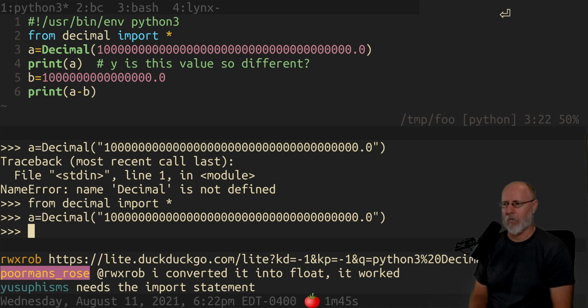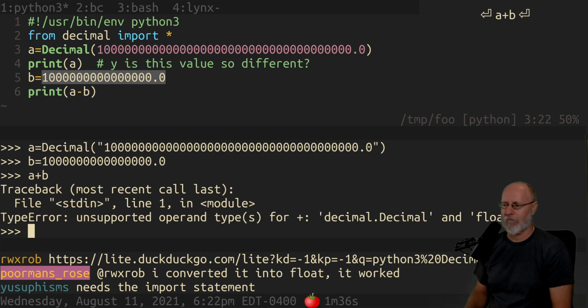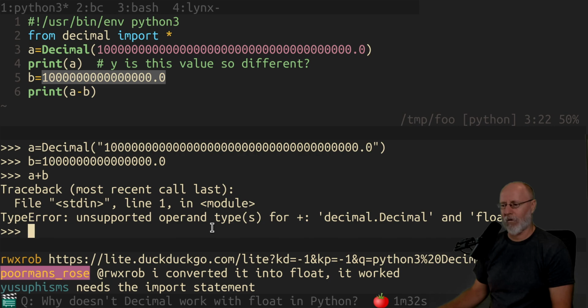So let's do B equals 10,000. This is an actual number. So A plus B, it might do it. Nope, there you go. Still can't do it. So it doesn't need the import. Yeah. So the three problems with this are